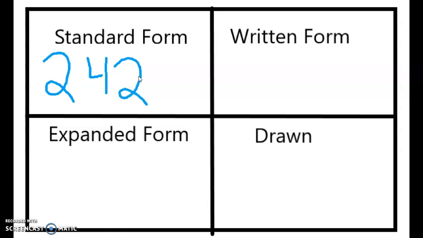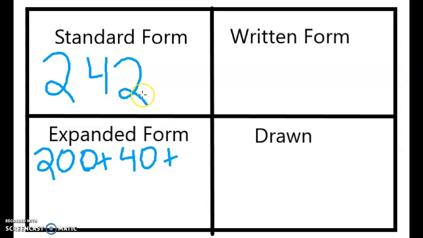242. Now you remember when we do expanded form, we stretch it out. So we say it 200, so we start with 200, plus 4 tens or 40, plus our ones, 2. So it's just like it says,